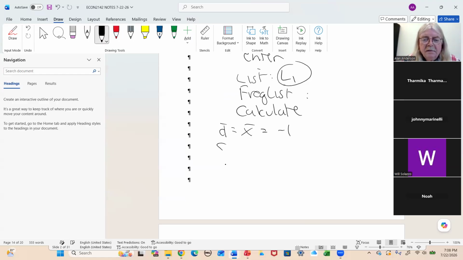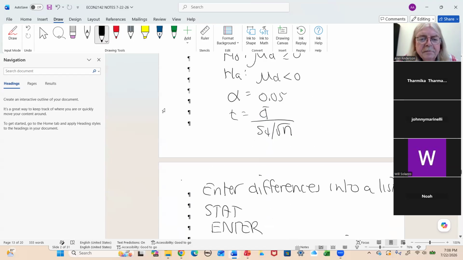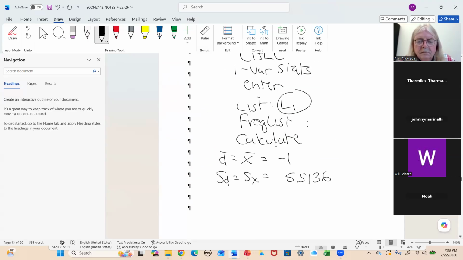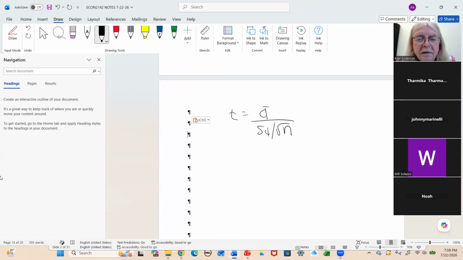This is -1, and this one is 5.5136. So we're going to plug in the numbers you just got. And also don't forget n is 6. There's 6 matched pairs. So the D bar is